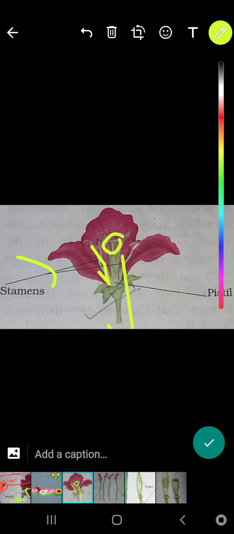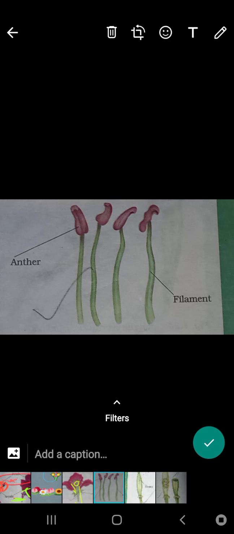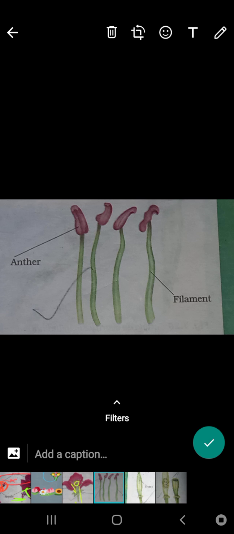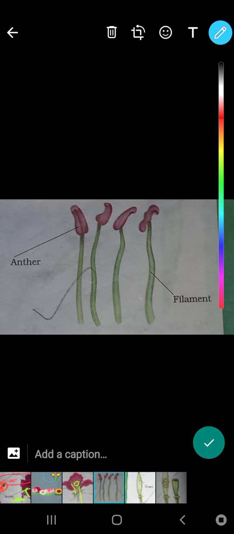In stamens, we learn there are two parts, which are anther and filament. Here you can see the stamen clearly, because earlier it was not visible so clearly.